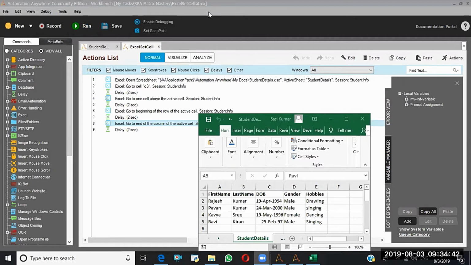So, like this, we can navigate through the cells by using the go to cell command.